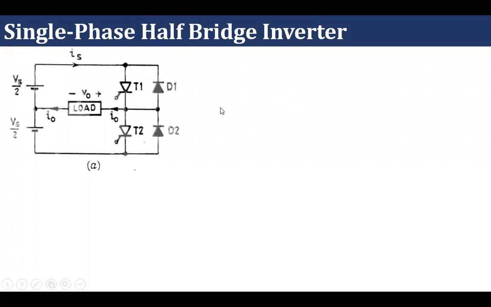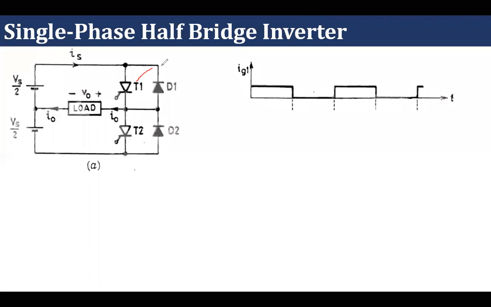So what do we have to do? At one time, we are going to give a gate pulse to device number one. There it is indicated by IG1. So IG1 will start at this place and it will be forcefully turned off at this place. If it were a MOSFET or IGBT, it is very easy to turn off such devices just by removing the gate pulse, or making the gate pulse equal to 0 volt, and the device will be off. In case of SCR, we need to use a commutation circuit to do the same.